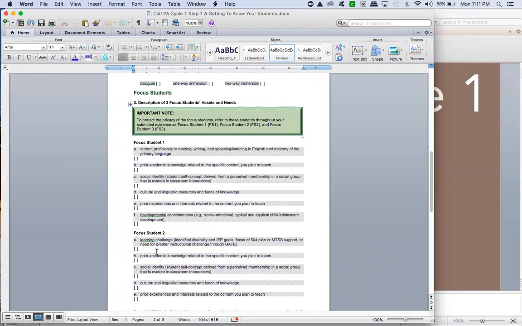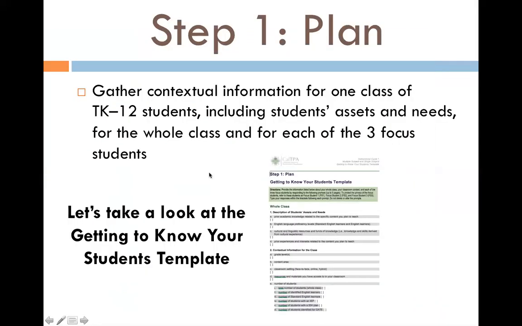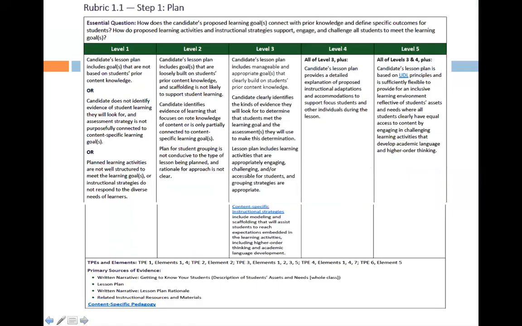for this cycle. So focus student 1, actually, might be better over here. Yeah, let's check and see. So we go through here. So step, the plan, mathematics plan based on the California state standards. Okay. She didn't put it in there like that. No, she didn't. But this, I think, talks about